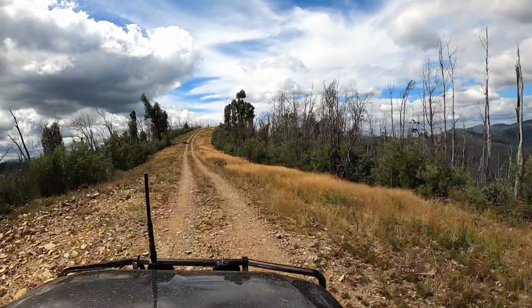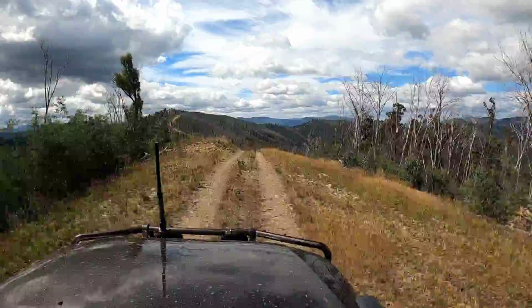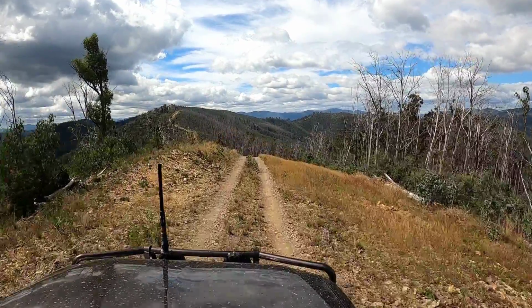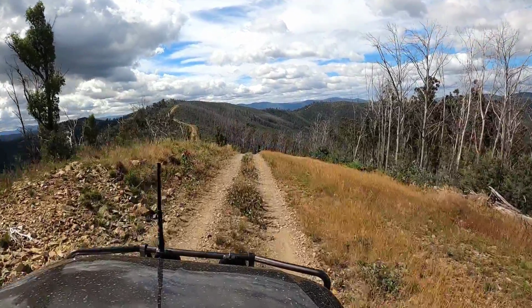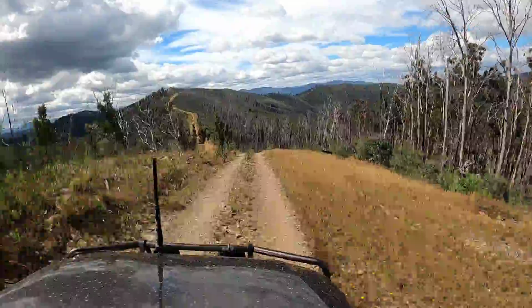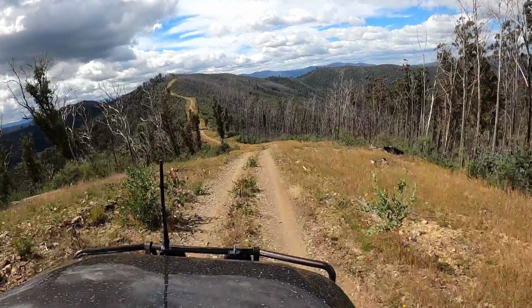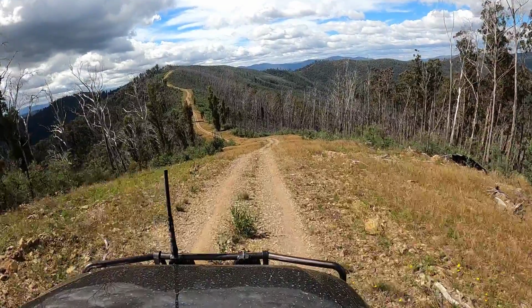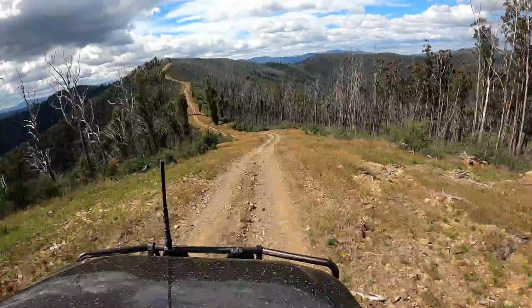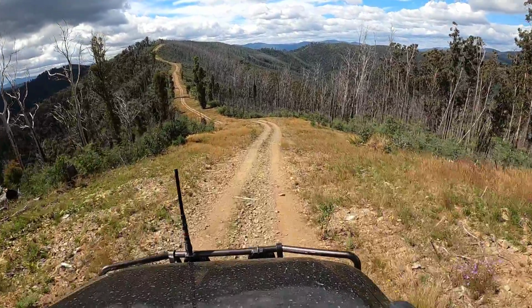And you can see a little bit of that in the frame of the GoPro camera, but it's really not doing it justice. And as I said, these tracks are actually not seasonally closed, so you can get out and enjoy these and do this trip during the winter months. I don't know if I'd want to do it in the rain. Don't know about that, but